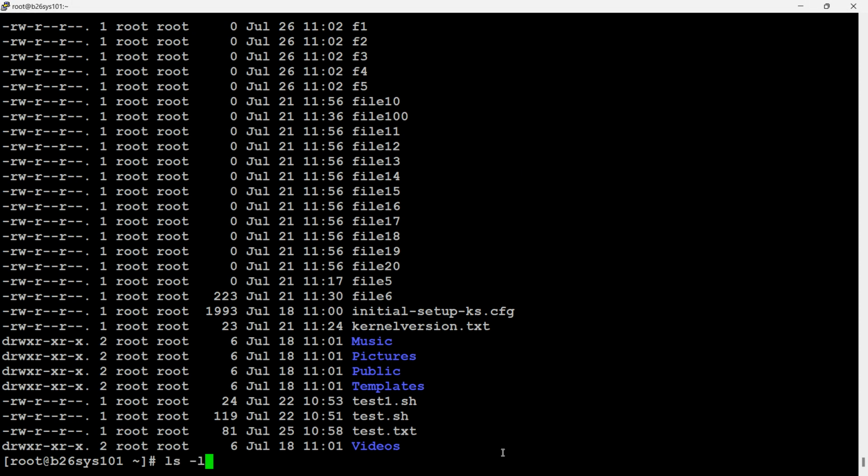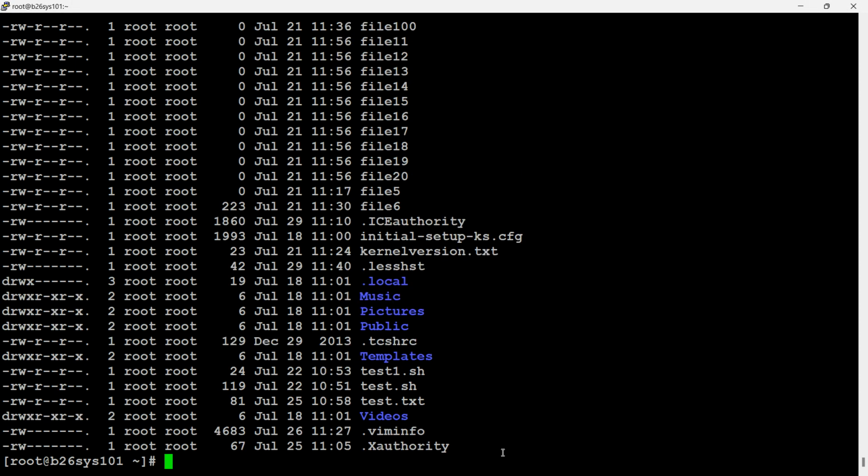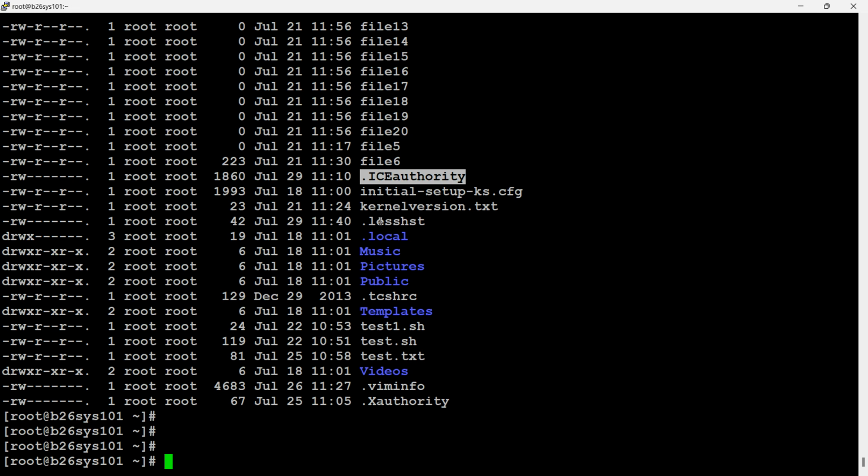ls -la means long list, and then all files including hidden files. All files including hidden files, it will show. Okay. So now